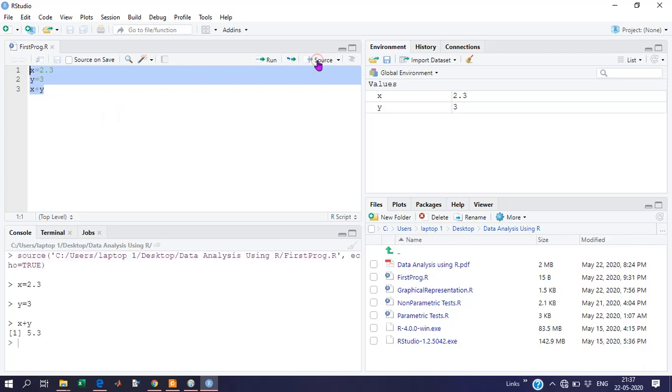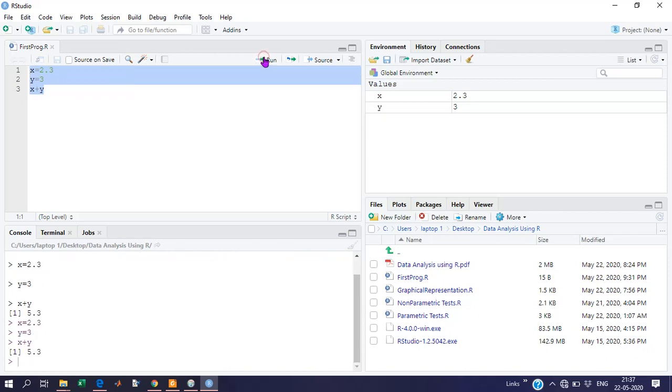You can directly use Source. It will run all the commands written in the R program. Or else, as we have done in R, we can select that part and use Run. It will run the commands here. Or instead of using Run, you can use Control plus Enter.